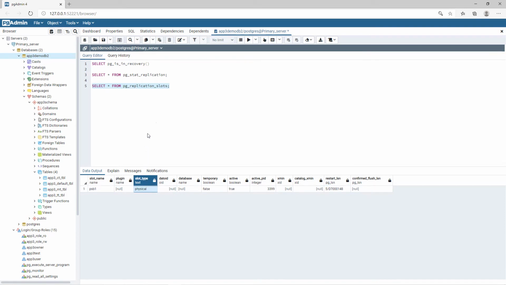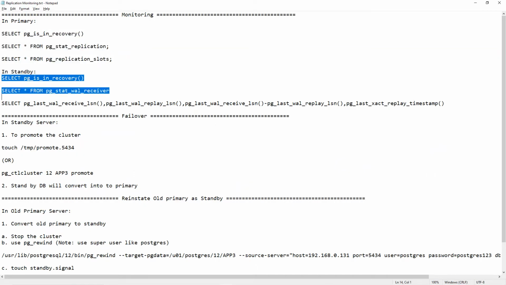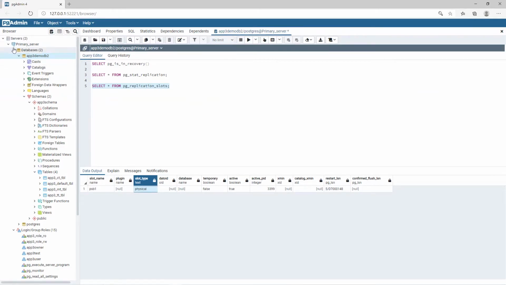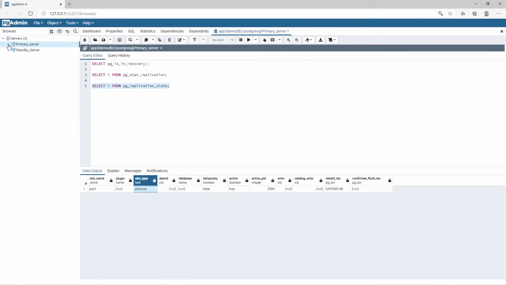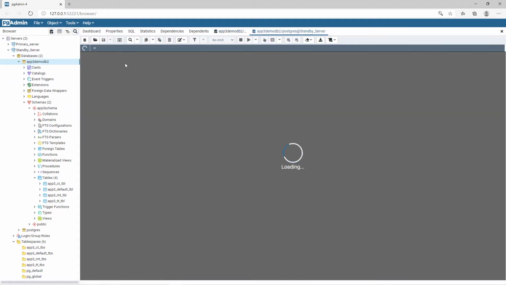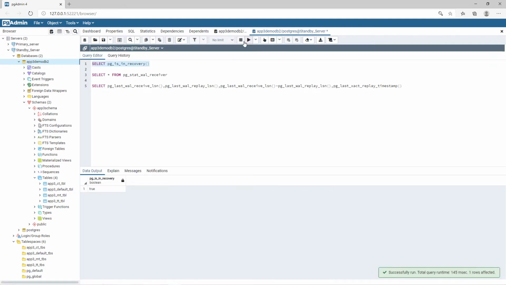Similarly, let me copy the standby queries. Okay, minimize this, go here, pick any database name, go to query tool, paste it over here. You just check this output. This command will show true.